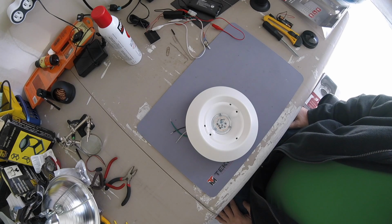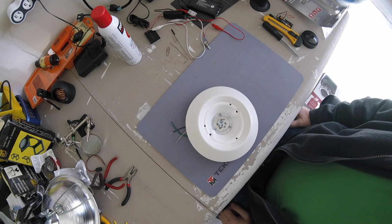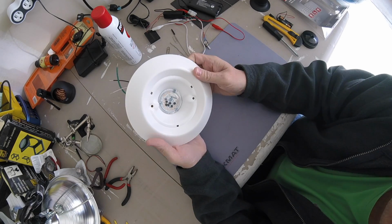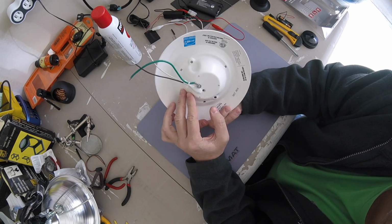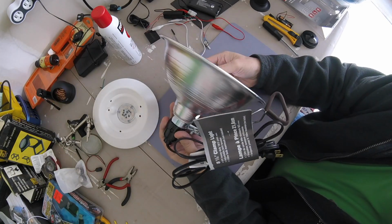Sitting out here in the garage. Just don't have enough light for these videos. I've got the garage door open now. So what I am attempting to do is take these, basically they're LED pot lights, and put them inside of